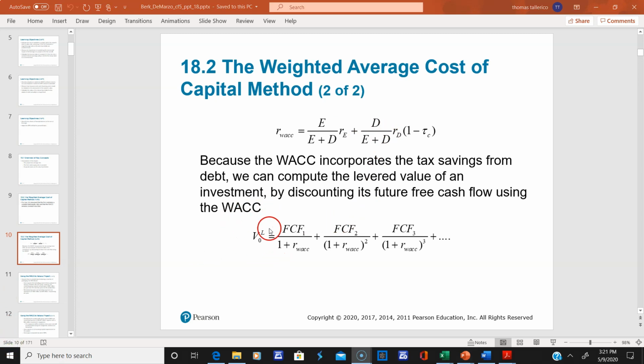So you can see here the valuation of the project, or the investment, is going to be, first of all, leveraged. You see that L? It's leveraged. And it's going to be a function of the free cash flows associated with this, divided by the weighted average cost of capital that we calculated up here. So this is equation 18.2 in your book. Again, these are expected free cash flows of an investment, and again, this is all leveraged.